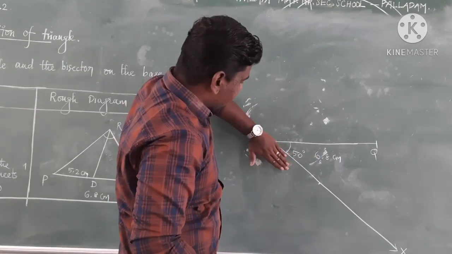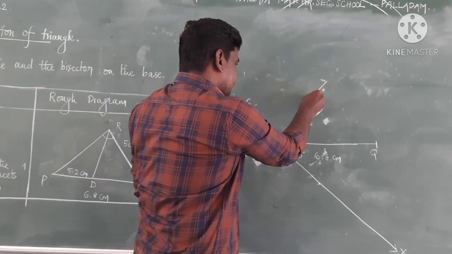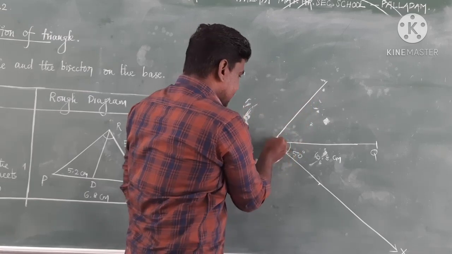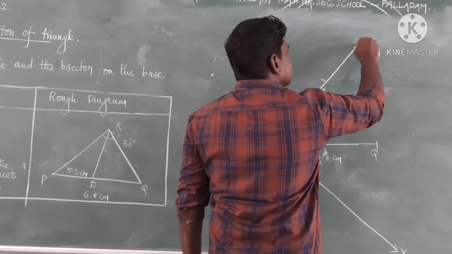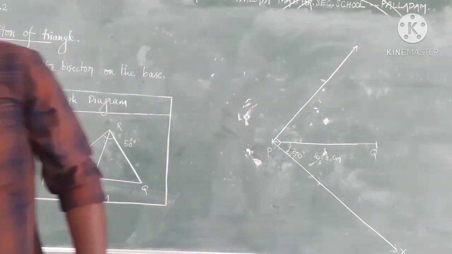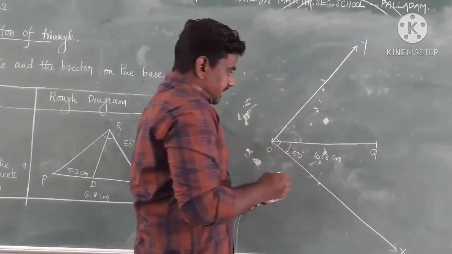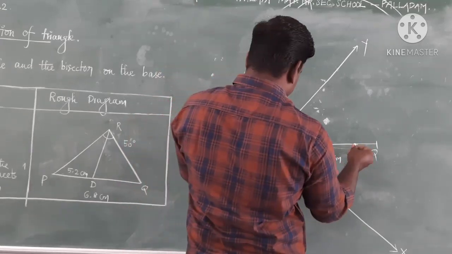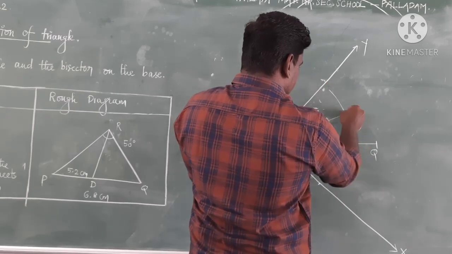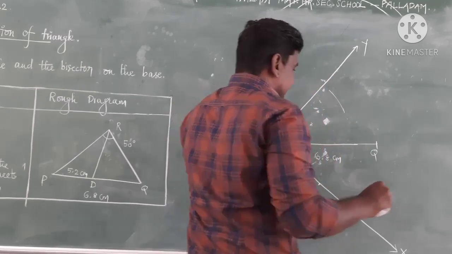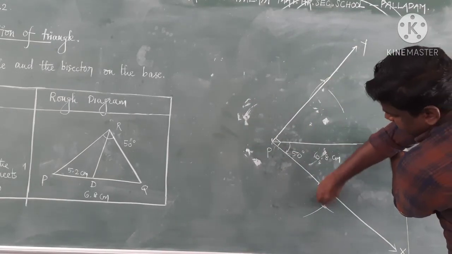And next place the protractor on PX, measure 90 degree. It should be 90 degree. Extend it. It is PY. Next, the perpendicular bisector of PQ. Perpendicular bisector of PQ. Take more than half of PQ. Here one, or here one, like Q as a center. Here and here.